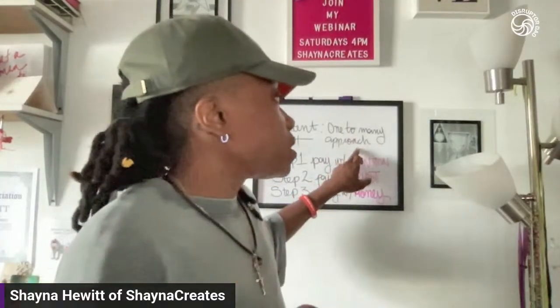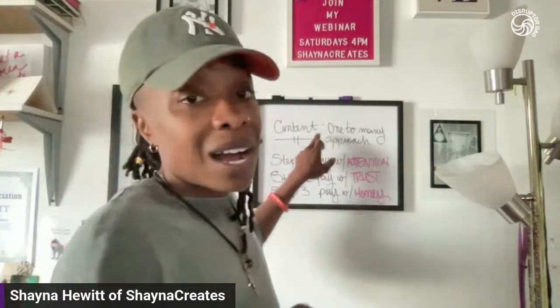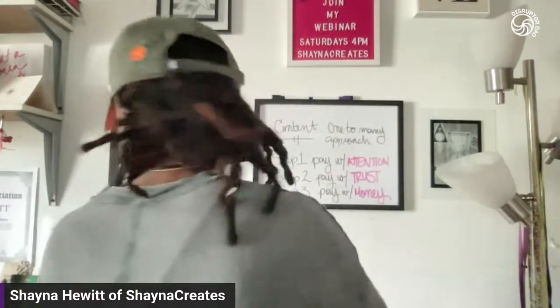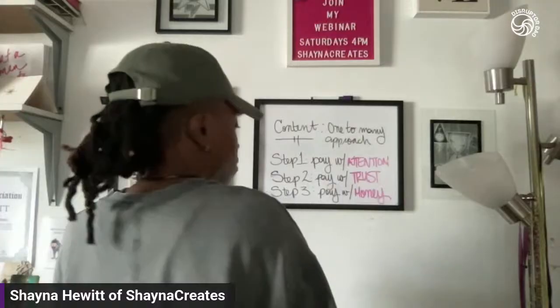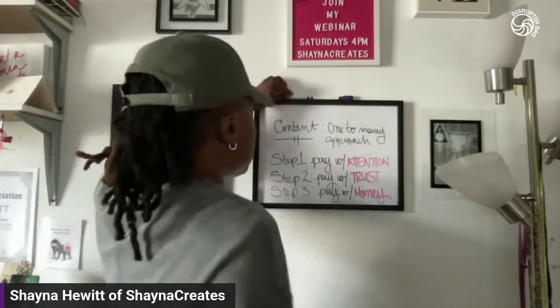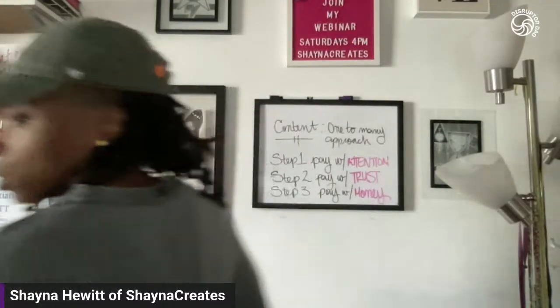We want to also consider a one-to-many approach through content. If you have 70 people that view your content, you might convert 7 people into a discovery call. You might convert several people into looking at more pieces of your content. You might convert somebody into an offer, right? So that's another thing that I want to add and leave with you, is to ensure that